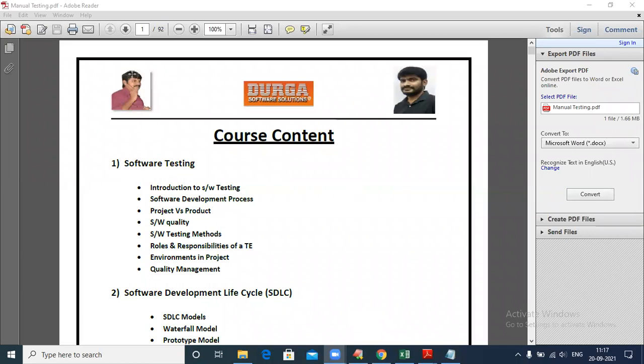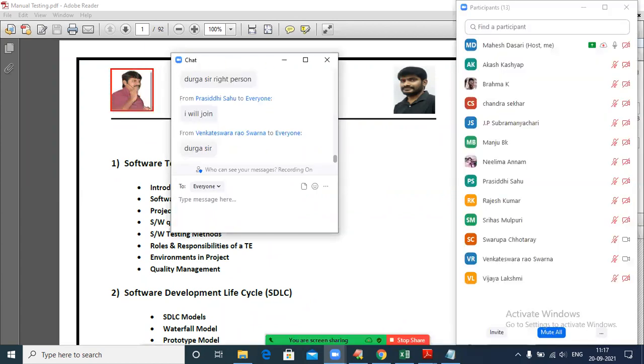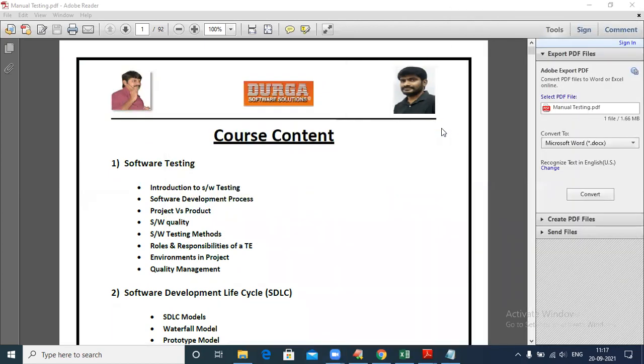This is Durga sir on the left side, and on the right side, this is me. Red shirt, Durga sir; black shirt, me only.